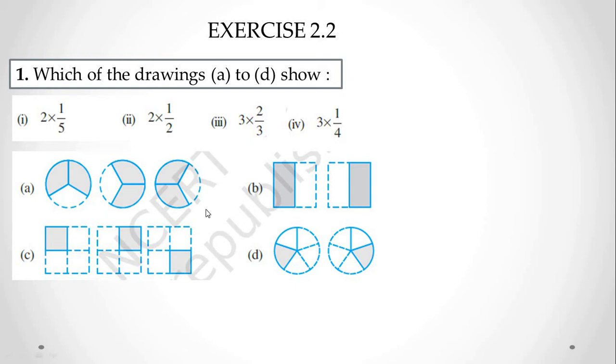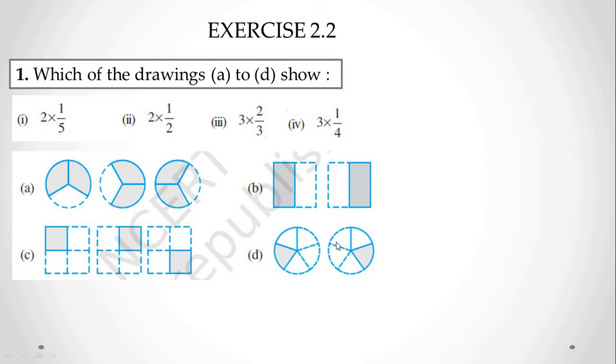So here if you see the first one, 2 means two objects are there, or you can say two repetitions of the figure. Here it is 2 times and here also the given figure is given 2 times. Okay, so out of this only the first one matches, but here out of 5 only one portion is selected. Here we have only 2 parts, but here we have 1 2 3 4 5, and out of that 5 parts, how many parts are selected? Here only 1 is selected, here also 1.